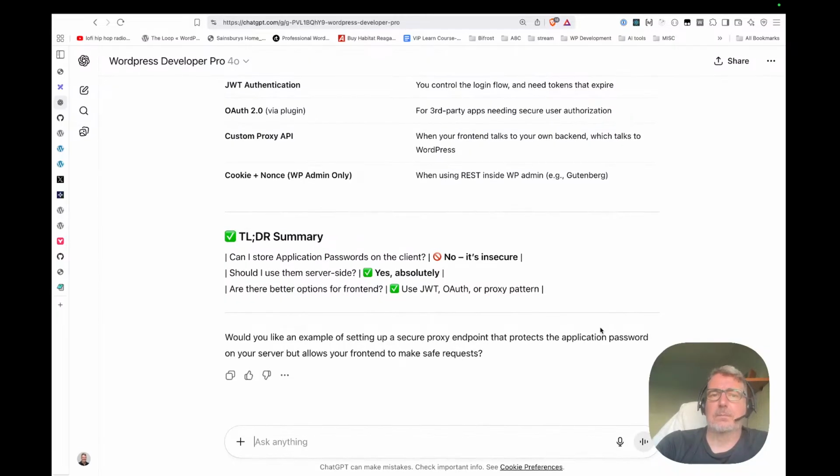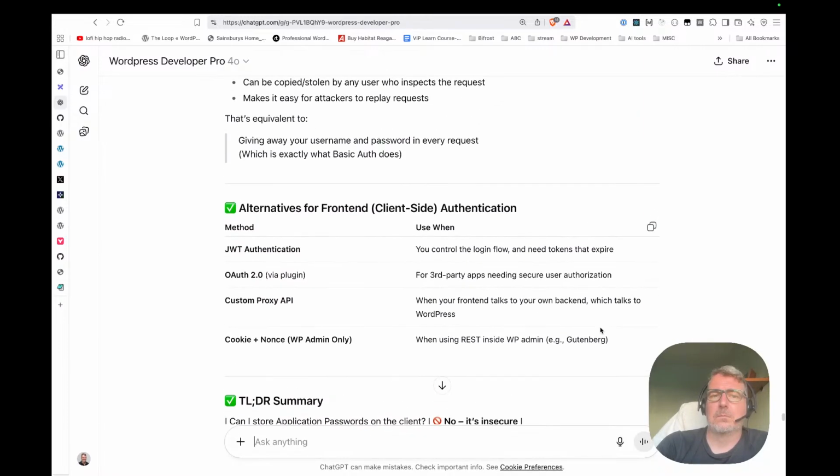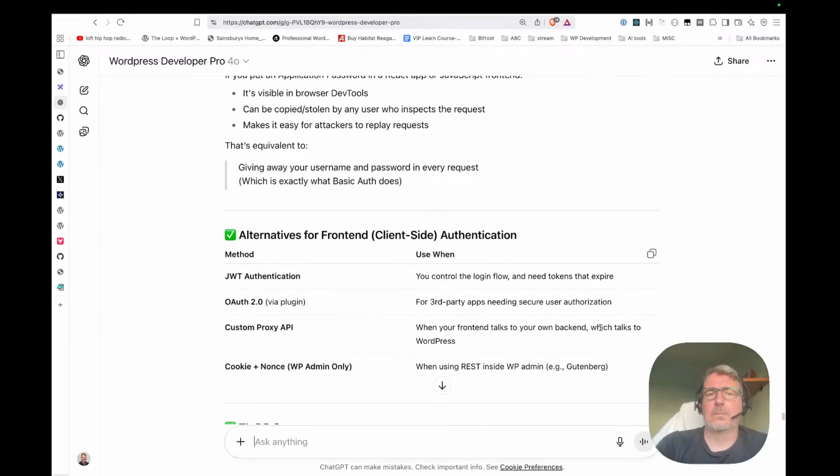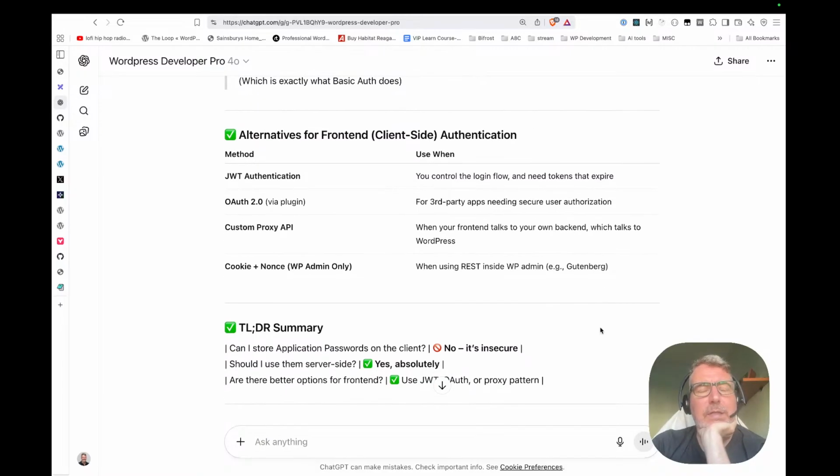Okay. And here it says alternatives for front-end client-side authentication. So we have JWT authentication. You control the login flow and need tokens that expire. So one thing is that we set